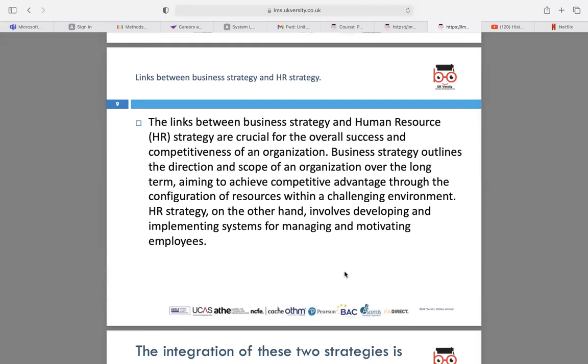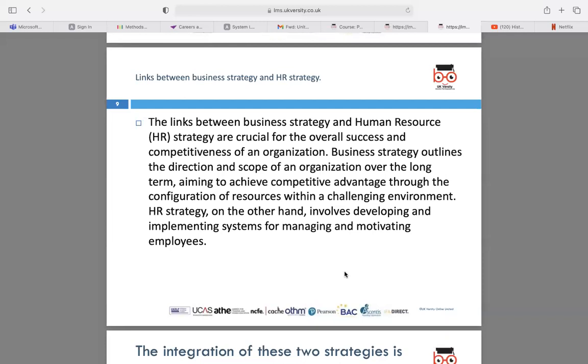So obviously, we spoke about the links between the business strategy and human resource strategy, and how it's important for the strategies being put in place, or the strategic human resource decisions being taken, to be in alignment with the organization's objectives, because eventually you're looking at how HR is managed, and it has to be in alignment with the organization's strategic objectives. And we're looking at how we can put systems in place for managing and motivating associates, and also how much advantage we can come up with looking through a challenging environment.